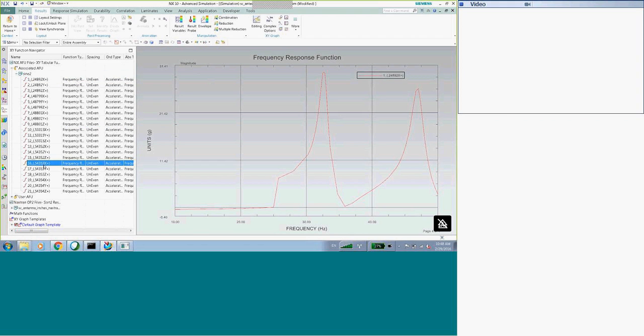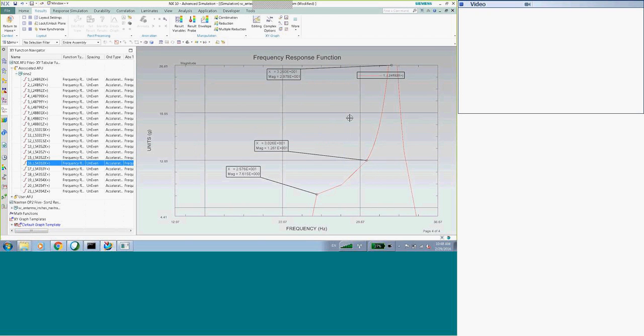Function tools, as I said, you can overlay these things. You can go to log scales, really functions.